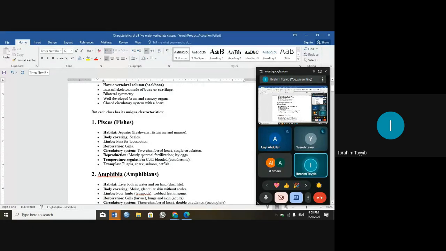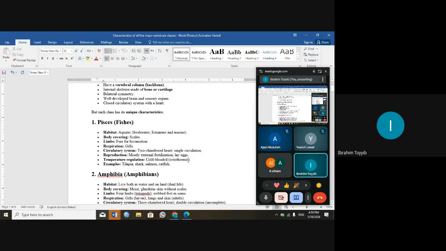fertilization occurs externally in fishes. That is, the female fish will lay eggs inside water, and the male fish will pour sperm on it. Then the body type of the fish, they are